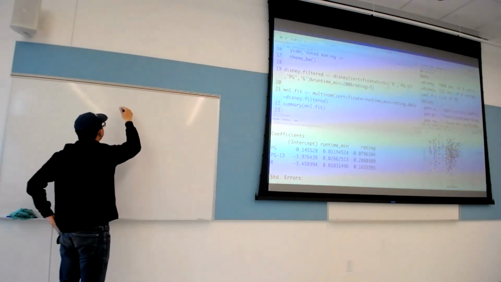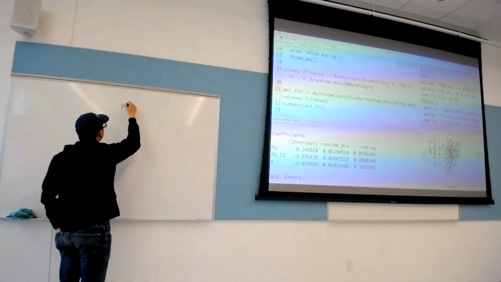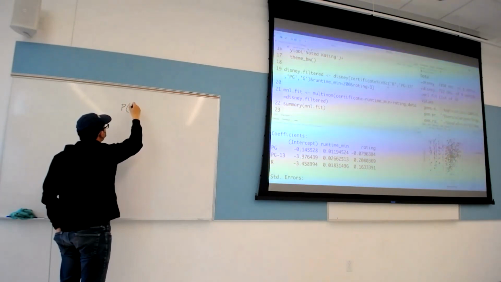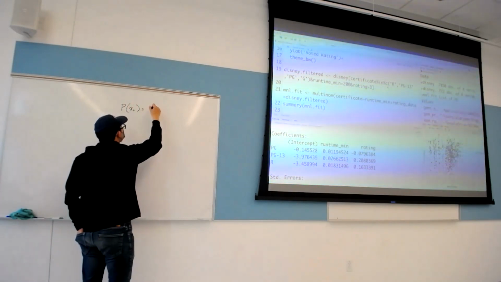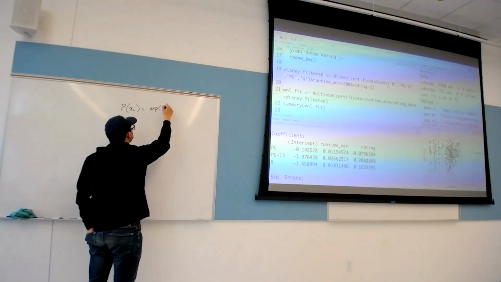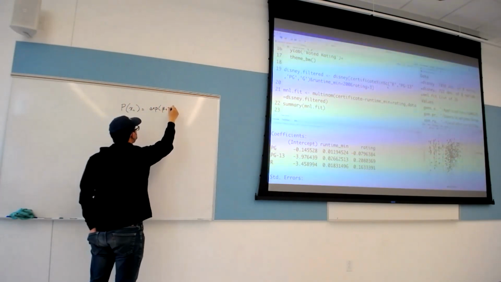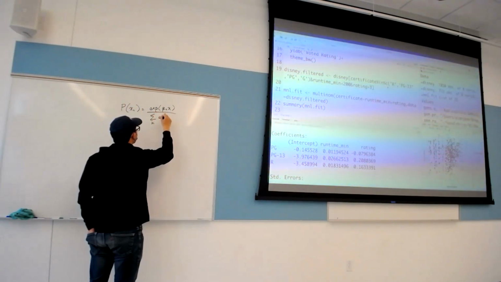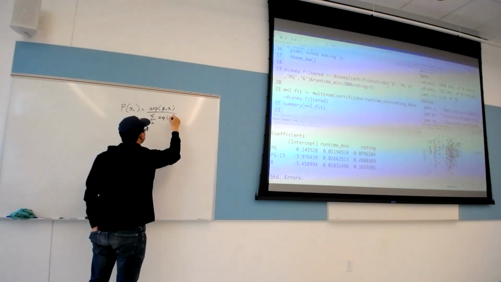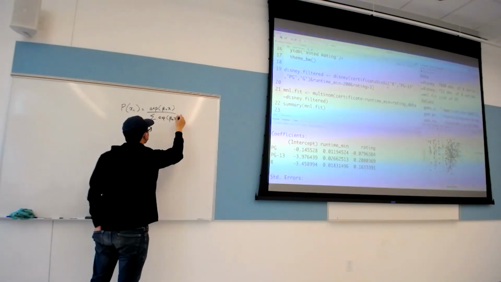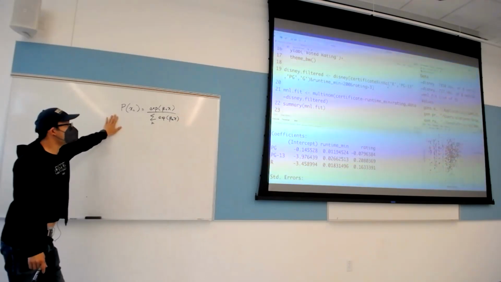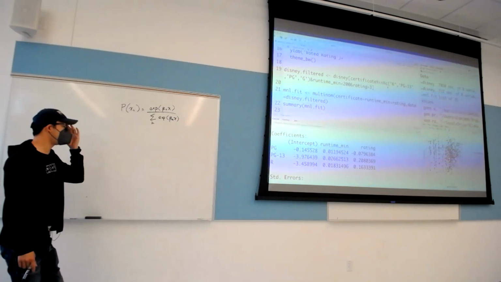Okay, so I mentioned, the probability of outcome C given X is equal to exp of beta_C X over the sum over K of exp of beta_K X. This probably looks a little cryptic, but